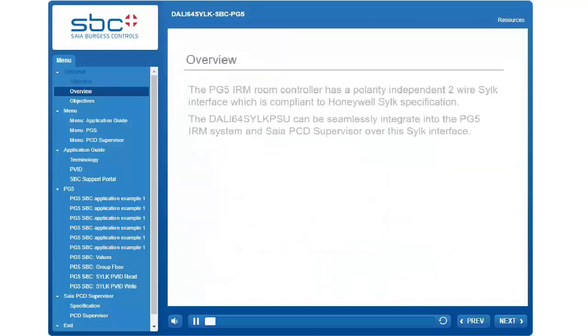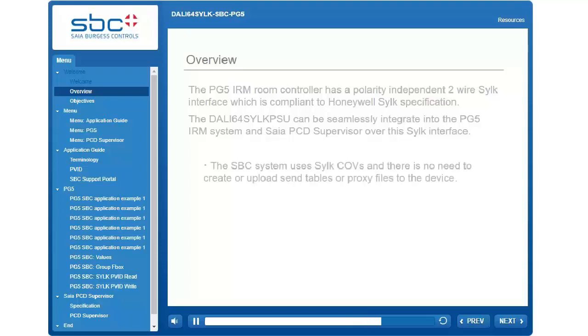The P5 IRM Room controller has a polarity-independent 2-wire silk interface, which is compliant to Honeywell Silk's specification. The Dali64 Silk PSU can be seamlessly integrated into the P5 IRM system and Saia PCD Supervisor over this silk interface. The SBC system uses silk COVs, and there is no need to create or upload send tables or proxy